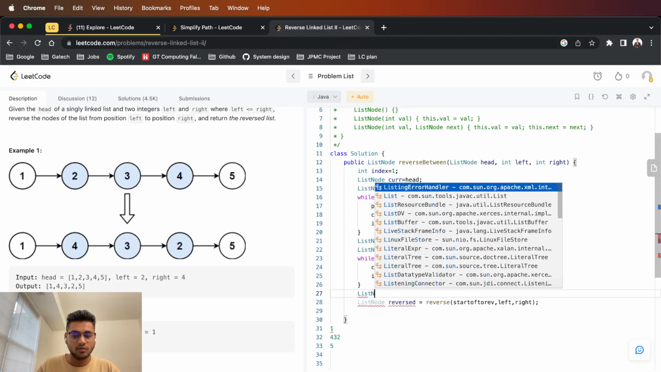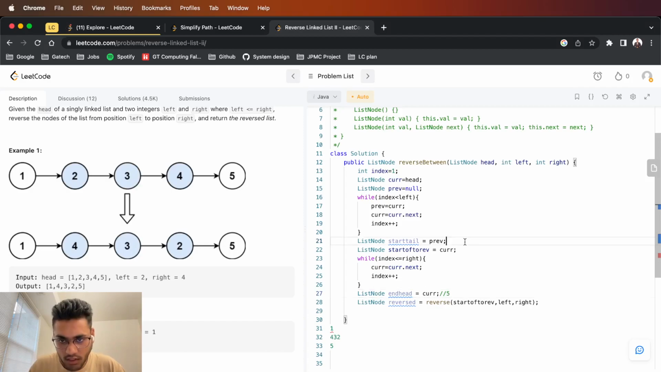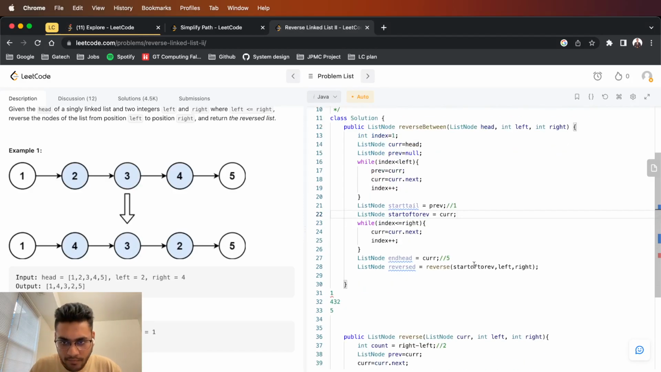So list node end head is equal to current. So basically this will have 5, right? And this is gonna have 1, and this is gonna have the start of my 2 reverse. Okay. And now what I'm gonna do is